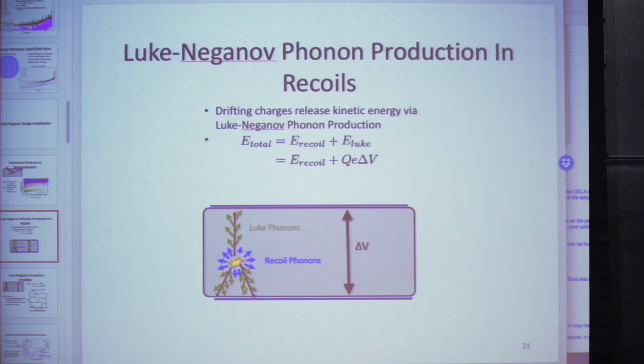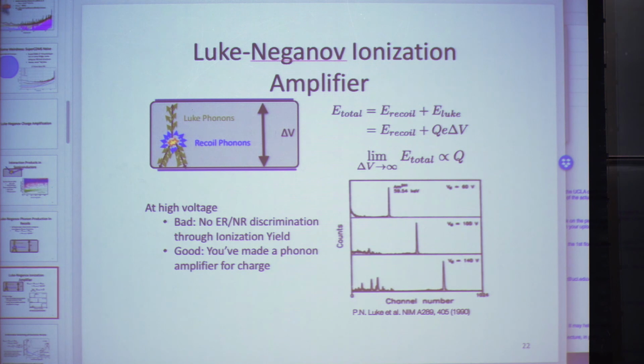So previously, everyone has historically thought about this in terms of amplification. What you can do is make a phonon amplifier, like a charge to phonon amplifier. In the limit that your voltage gets large, your total energy is just proportional to your Q. Your gain is just the voltage bias divided by the average energy per electron hole pair, so e times delta V divided by the average energy per electron hole pair. So that's good. And this idea has been around since 1990. Paul Luke at LBL thought of this idea. And,